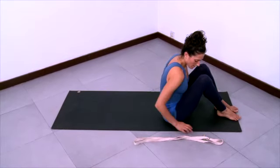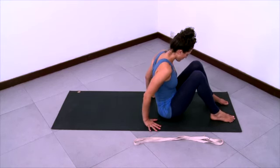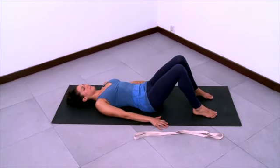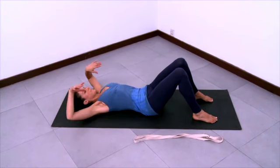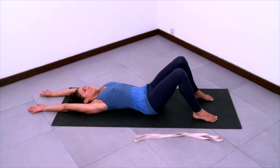Now we'll practice Supta Padangustasana. So lay down on your back and have a strap nearby. And release the flesh of the buttocks away from the lower back. Thighs are parallel. Inner thighs and groins are relaxed. Pelvis is heavy and relaxed, and stretch your arms overhead along the floor to lengthen the trunk, lengthen through the